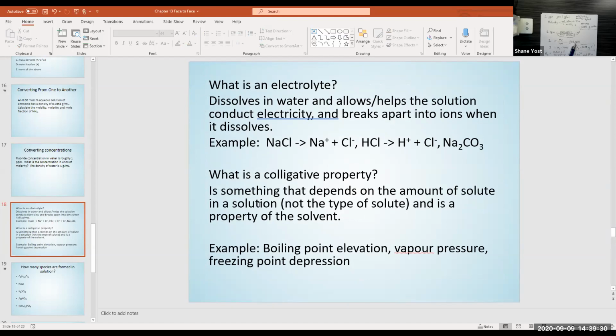So those properties of the solvent get changed by the addition of a solute, and it just matters how much solute I add, not what the solute is or its interaction with the solvent. It just matters how much I add, essentially its concentration in that solution, okay? So questions about